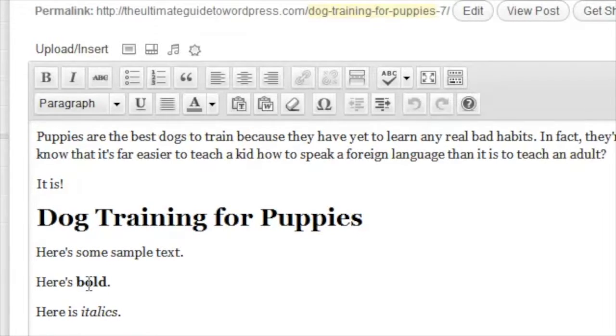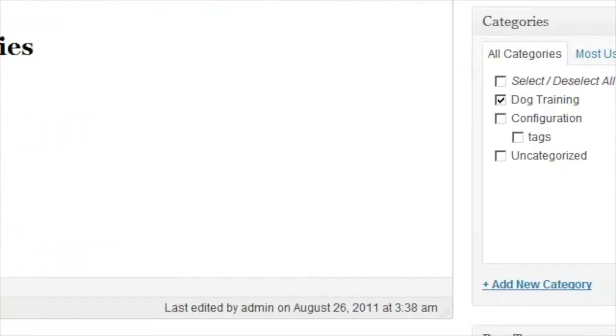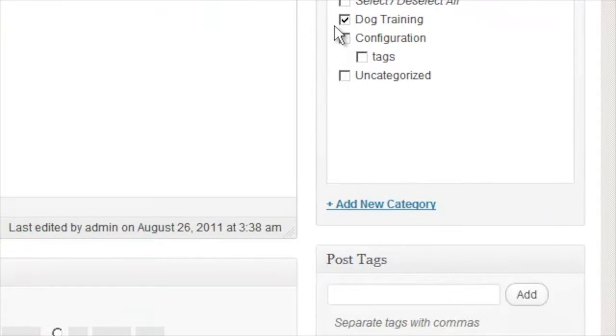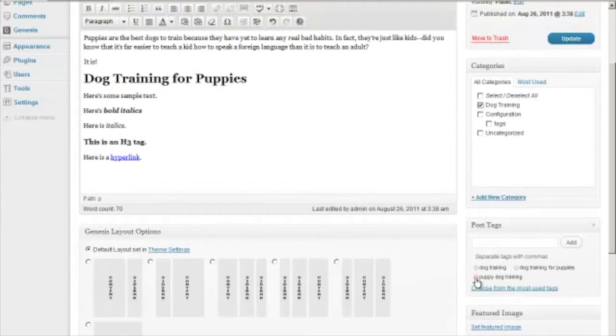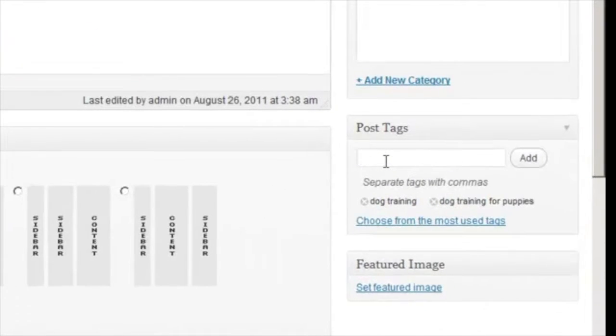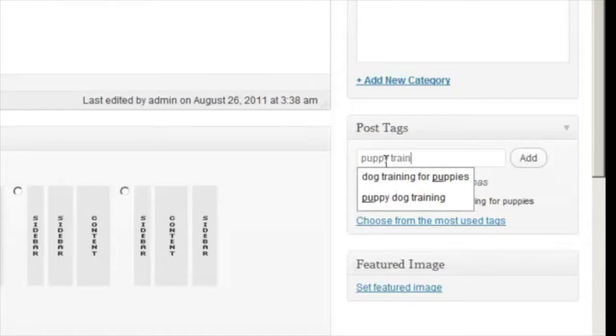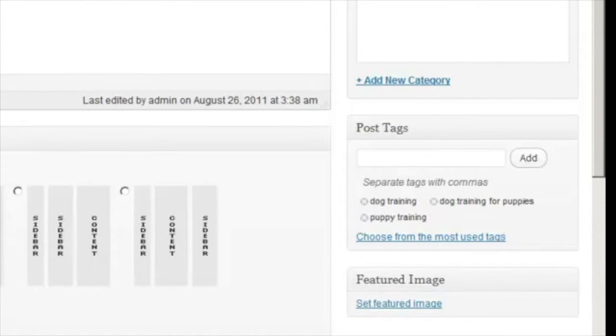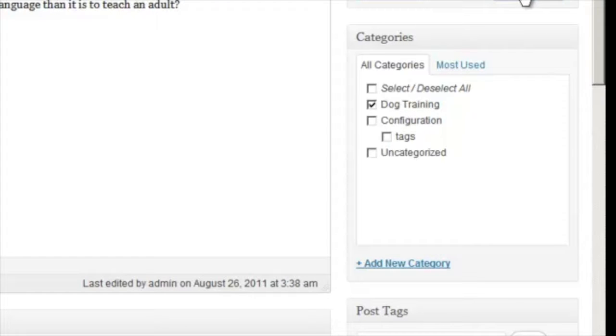and you can change this to bold, italics, by just clicking on the B and the I, and you've got bold italics. You can change your categories. You can change your tags. You can get rid of one, you can add one, puppy training. When you're done, click on update,